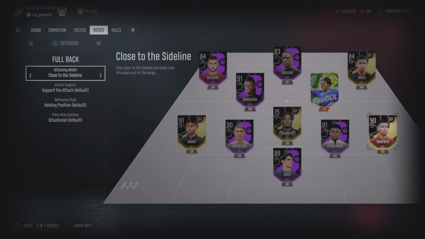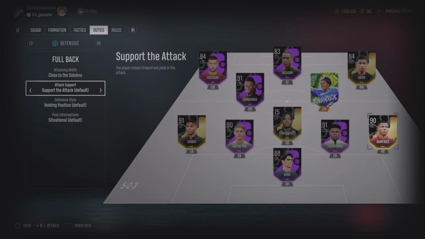Now both wing backs are set up the same, which is attacking with close to sideline. Attack support. Support the attack. This is the most important one of each of the settings. The defensive style is under hold your position, and pass interceptions, as always, under situational. Now, this is huge because the last 5-2-3, during that time, the wingbacks were set as do not cross the halfway line because it was pre-patch and the defender's positioning was all out of whack. Now, with the fixed positioning of your wingbacks, they are absolutely viable to support the attack,